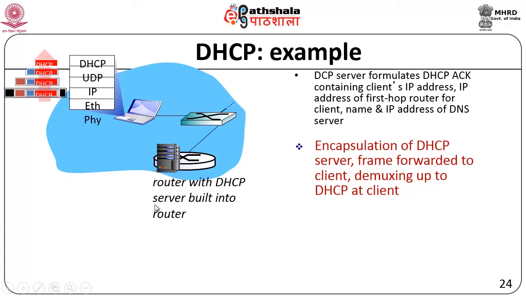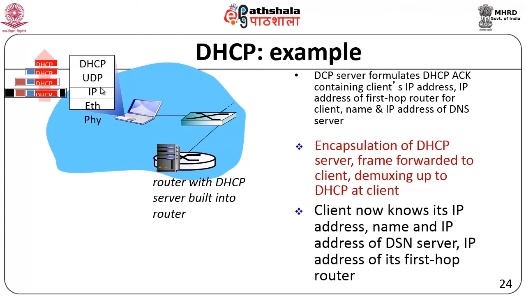What is very interesting to note here is that a node which does not know its IP address is able to use the IP protocol itself to get its IP address, using this DHCP protocol. DHCP is running on top of IP. So how is this possible? It is basically because IP has special addresses. You have an all ones address which can be used for broadcast, and an all zeros address used as a special address indicating this node on this network. When you don't know your IP address, you use a value of all zeros.